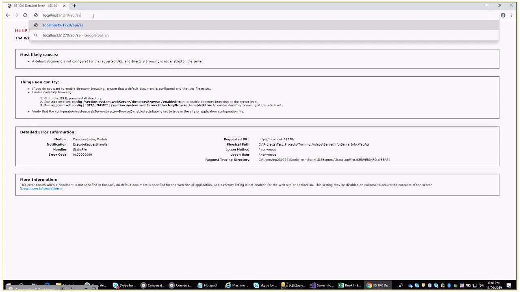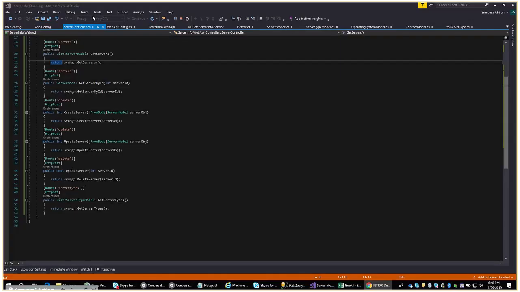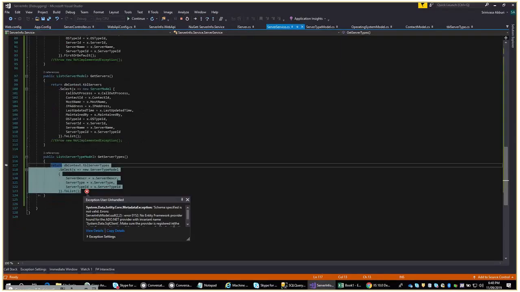Slash API slash server types. Okay, so no entity framework provider for schema specific is not valid, since entity framework has to be added in